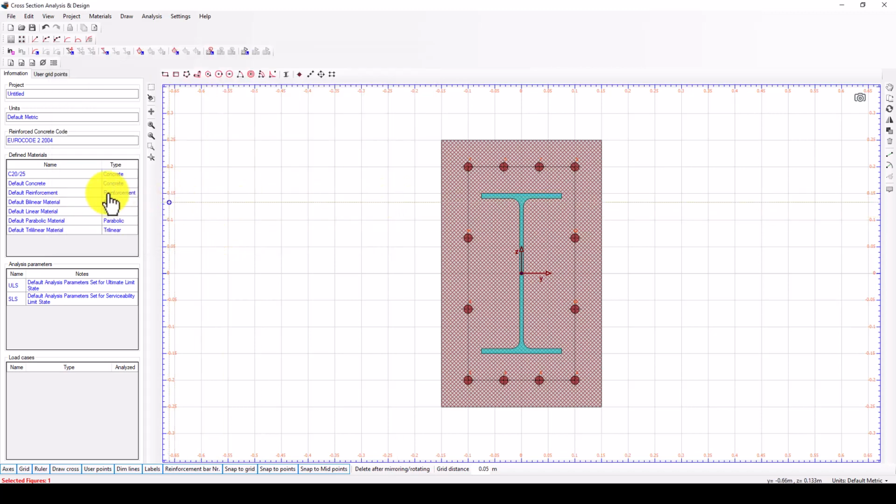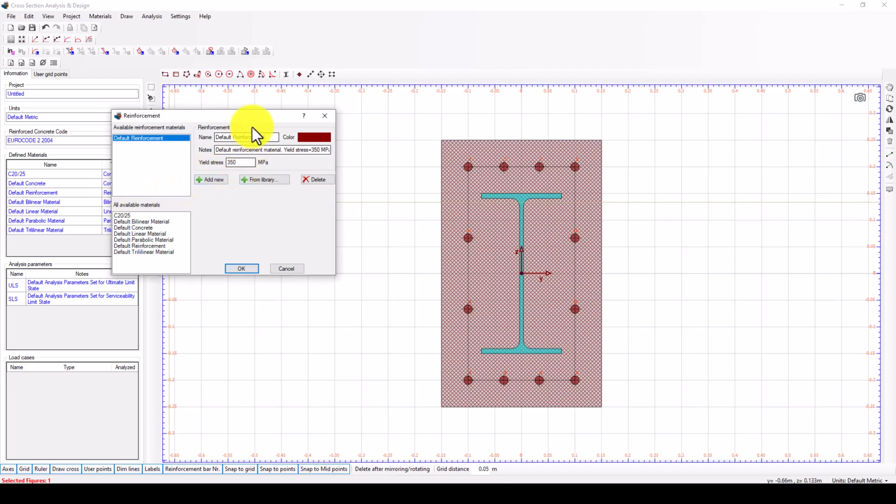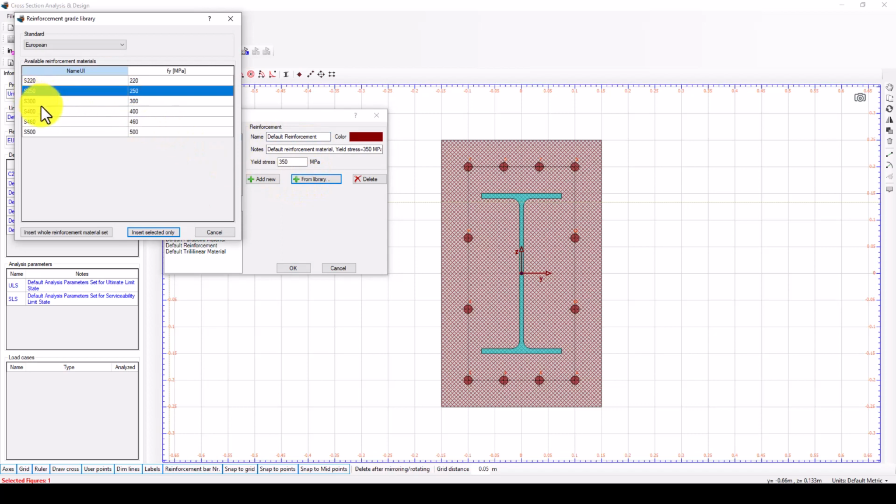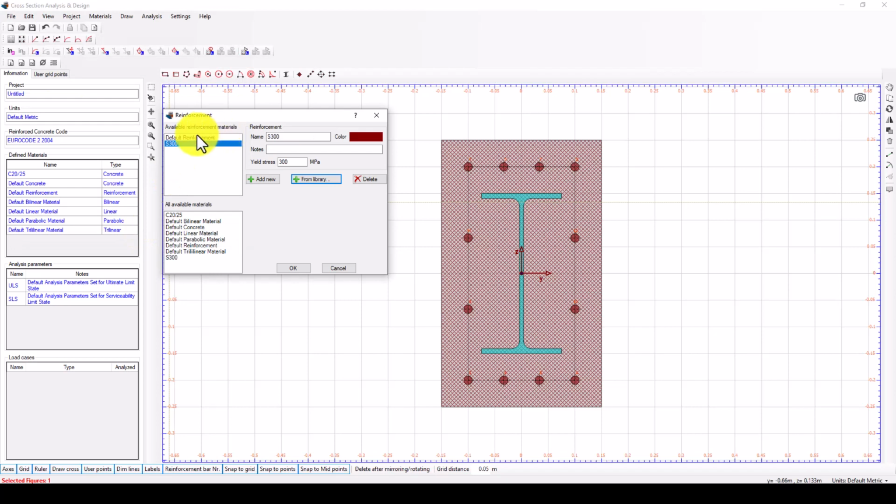The last one is the reinforcement rebar. So we have two options. You can add the same multiple reinforcement. So this one is 350, and in case you want to add the same things with the defaults, it already has here, and it can be one. And also we can add from the library, we can give it like 300 automatically in here, and